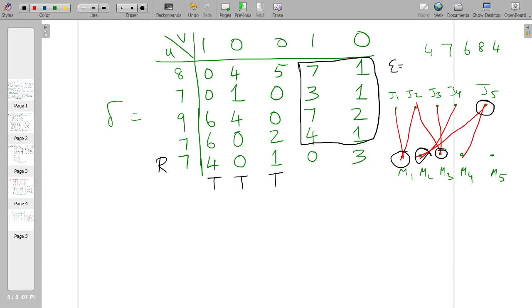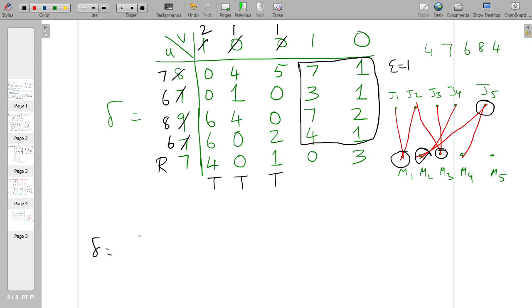Here again epsilon would become 1. I add 1 to the values of V against column T. So this would become 2 now. And now I have to subtract the value 7. This would become 6. This would become 8. This would again become 6. Okay. So now I have the revised values of delta.